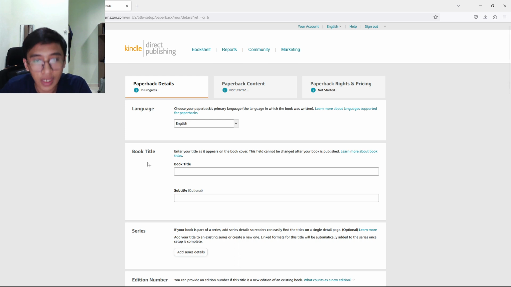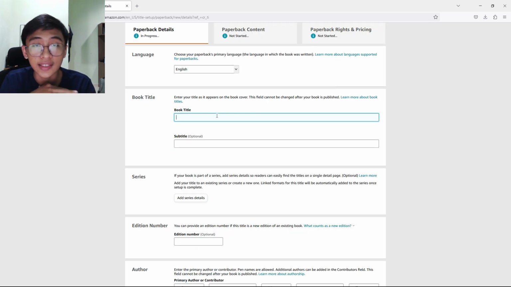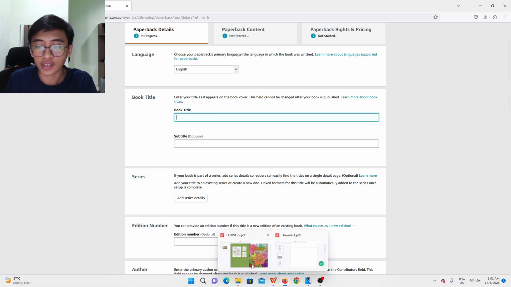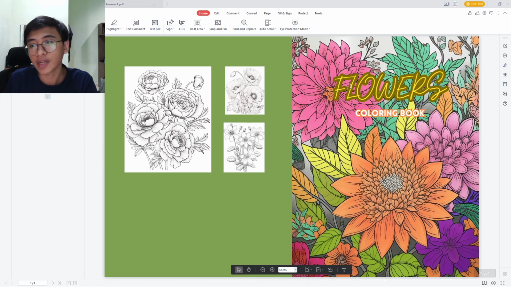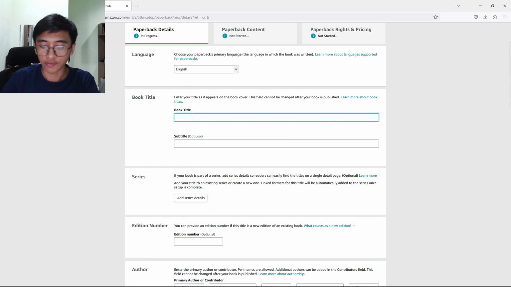Okay, so what language would you want it to be? Usually it's English, so I choose English. For the book title and subtitle, what do you want to put? For the book title, I usually put what's written on the front page cover. So for example here, my book is a flower coloring book, so I would put flowers